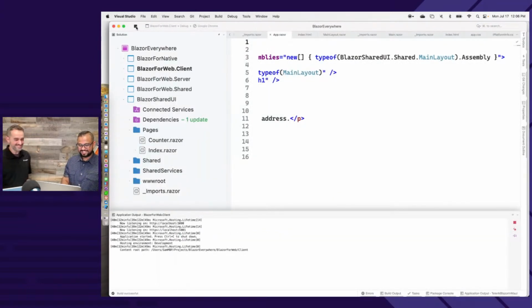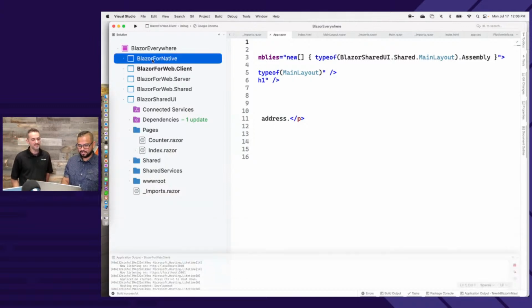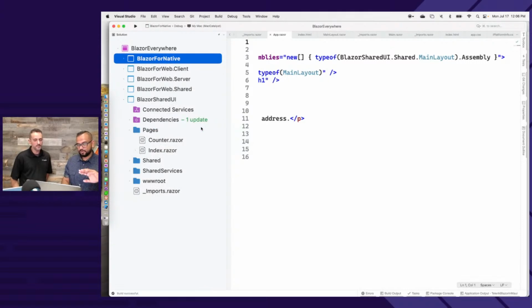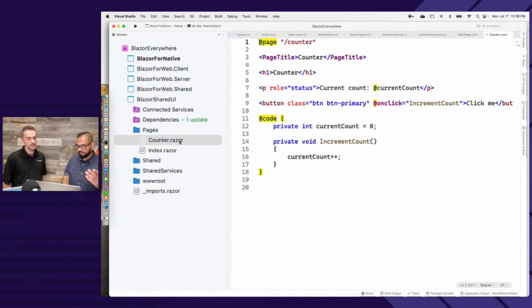But here's the nice thing. So now I can just switch up where my startup project is. I'm serving a different set of customers who are more on mobile, but I still want to reuse the UI. And this is where, just to kind of prove the point, I like showing off any changes that you make to these components will be replicated across web and native apps.